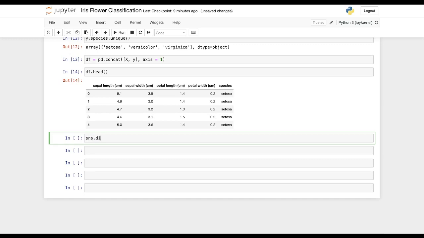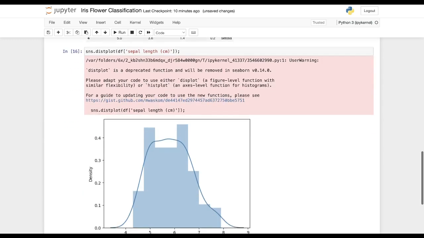And I can say here sns.distplot. This plot basically stands for distribution plot. It consists of your histogram, it consists of your KDE plot, a kernel density estimation, and also the rug plot. So you can just say True or False for whatever attributes you want to include or exclude. In this plot I want to check the distribution of sepal length. So I will say df, and I will provide the column name from here. Let's run this. As you can see, this is the distribution that we have.